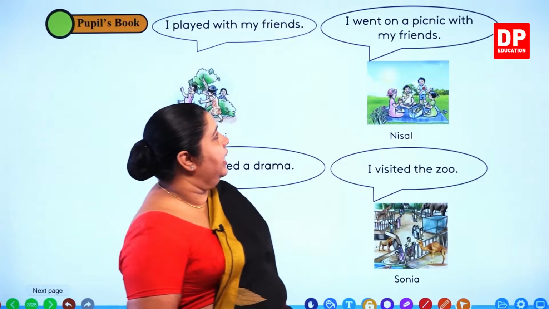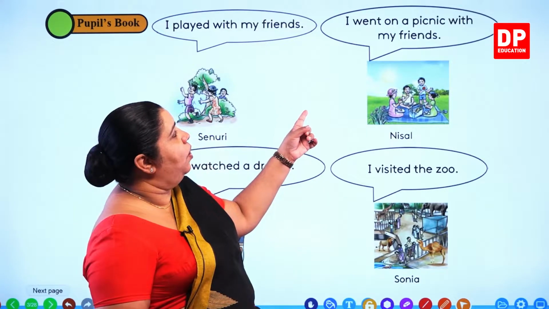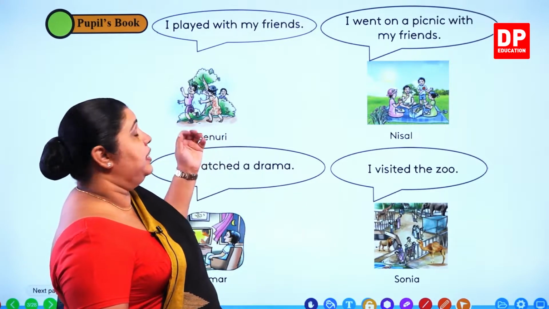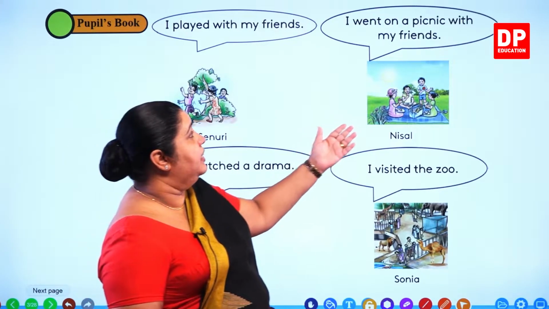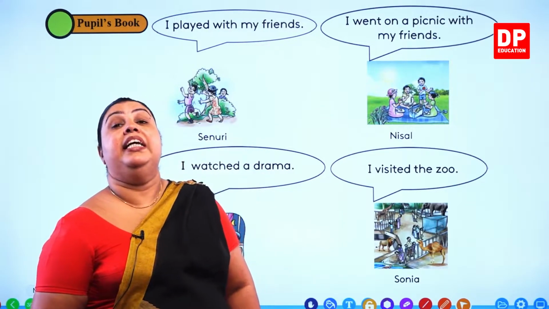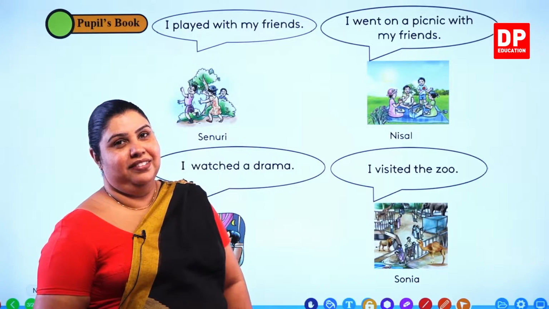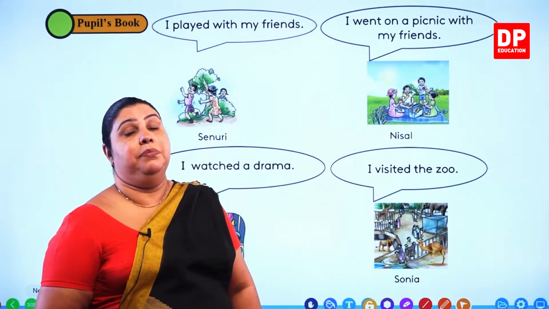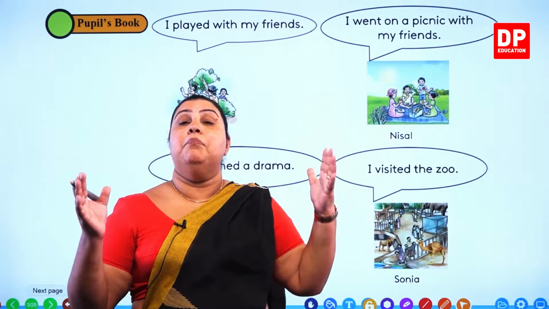Then Nisal says, "I went on a picnic with my friends." While Senuri was playing with her friends, Nisal went on a picnic with his friends. Right? Can you see? Nisal went on a picnic with the friends because we have one whole month as a